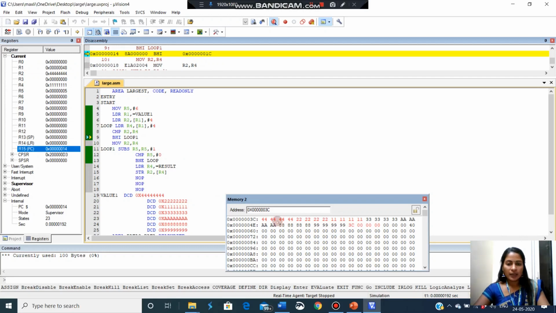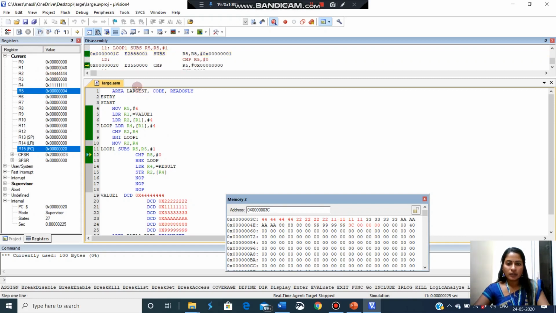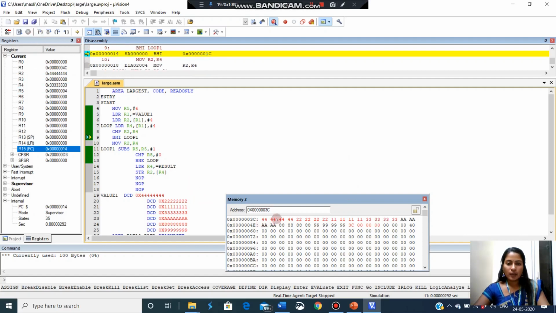Now the bigger number 4 and this new number will be compared. In these two, the bigger number is still 4, so R2 will have the same value. Now see here, it will become red once it is fetched from the memory. It is fetched. Now the bigger number 4 and the new data are compared. Still 4 is the bigger number, so R2 will keep the same 4.